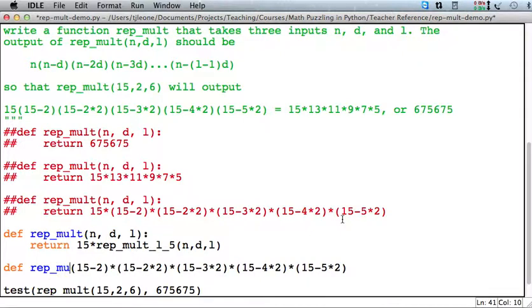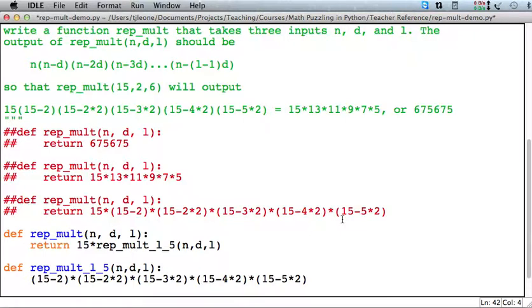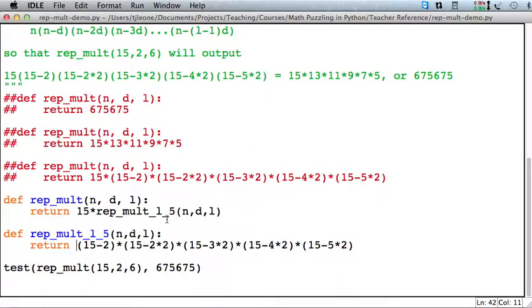I'm going to say rep mult L5 here. So now I have the same 3 inputs. At this point, I'm still not doing anything with the inputs. Well, I will worry about that when we have this developed a little further. But now I'm breaking things down so that I'm just going to multiply